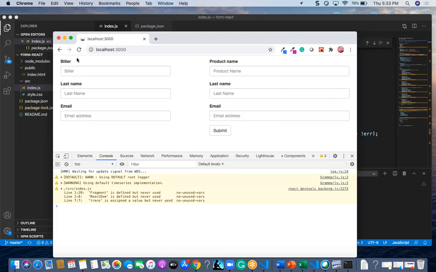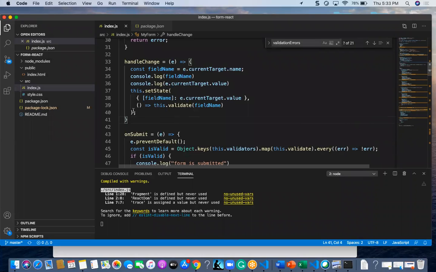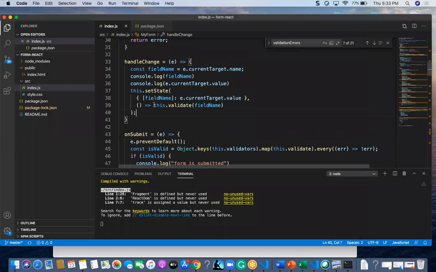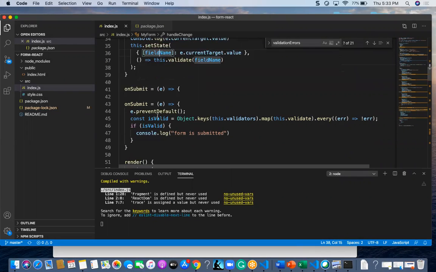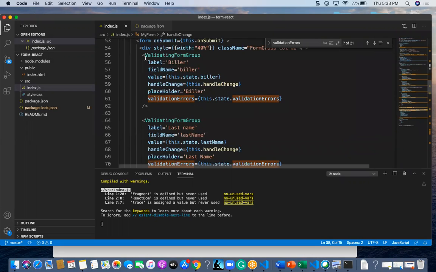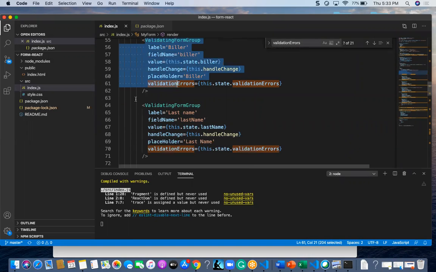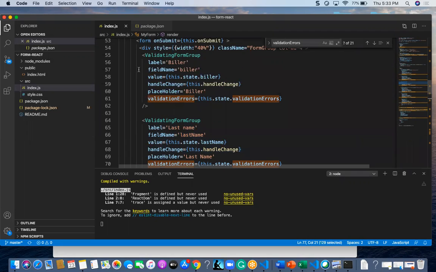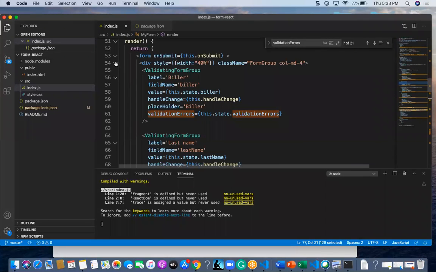See, here I have two things. One is biller, last name and email. That biller, last name and email is the one I am going to give here. So the first one is biller, the second one is last name and the third one is email. This is the first column, maybe some 40%.